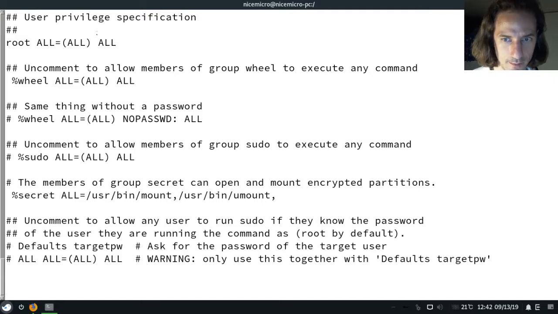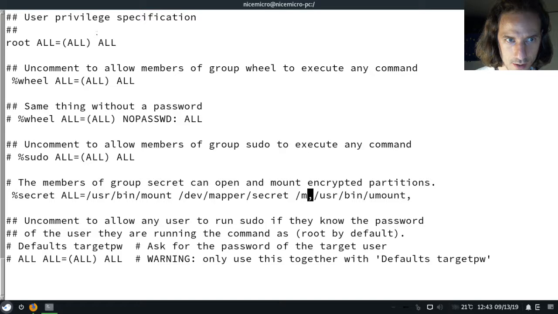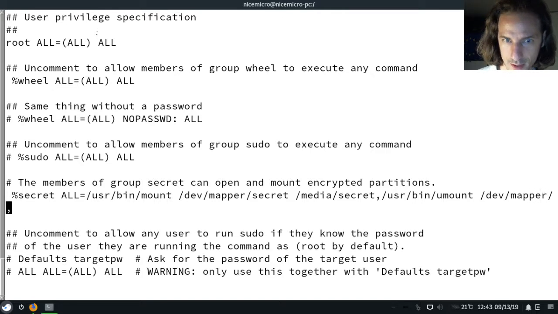then you can specify here by adding the parameters that we just had, like we want only to be able to mount /dev/mapper/secret and only to /media/secret, and then here also only /dev/mapper/secret,